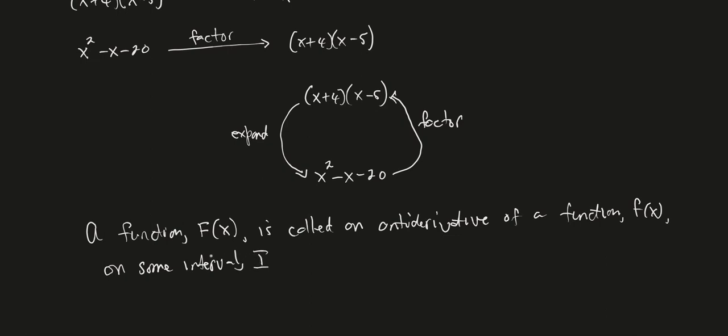I'm just going to call that interval I. So this big F of x is called an antiderivative of little f of x